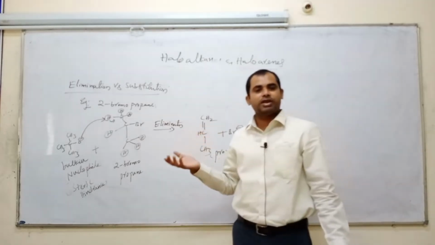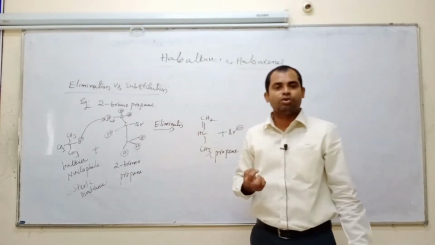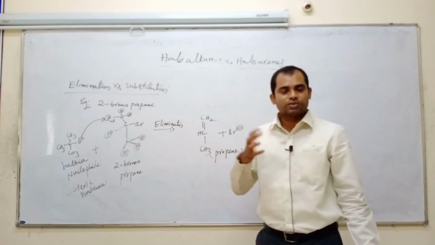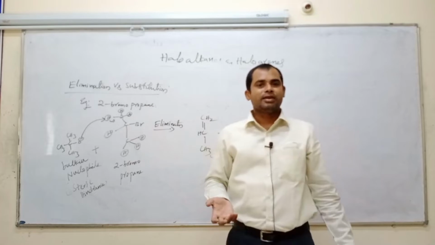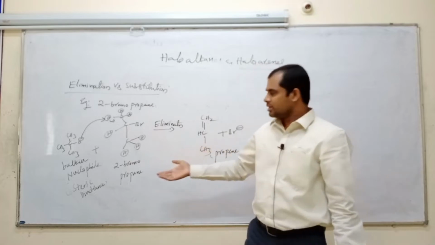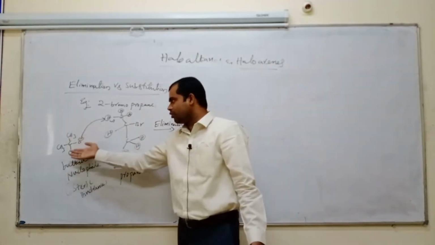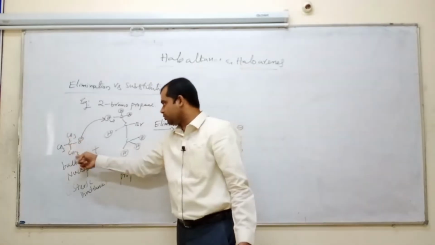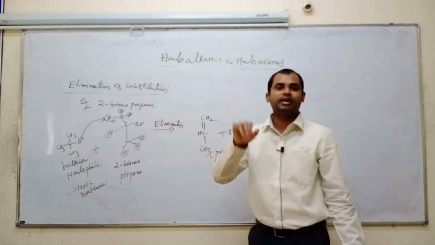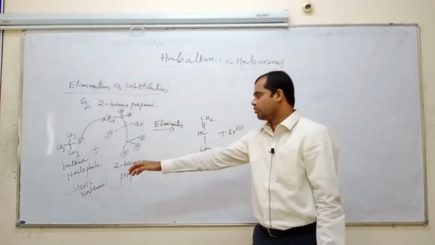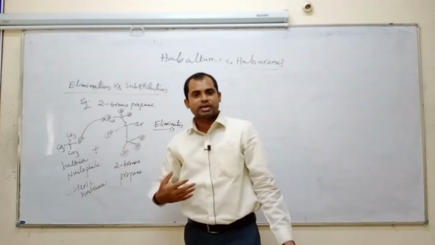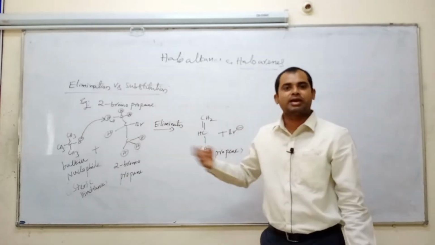Always, in SN1 and SN2 mechanisms, the nucleophile size will be very small. A larger nucleophile size means a bulky group, which cannot attack. Why? Because of steric hindrance. This bulkier nucleophile has more size: here an alkyl group, here an alkyl group, here three alkyl groups. So it is more bulky, with more size. The bulky group, the bulkier nucleophile, creates steric hindrance. It cannot attack directly.